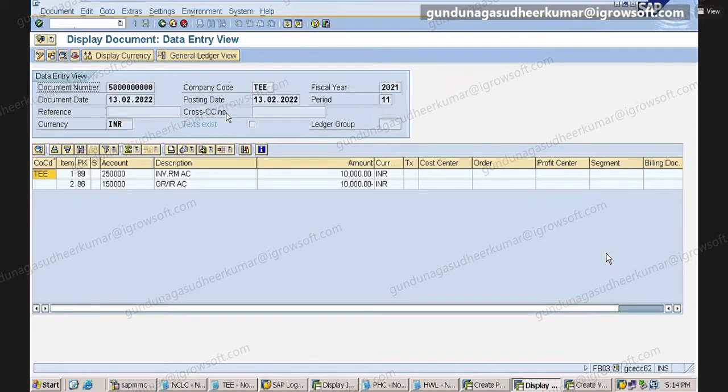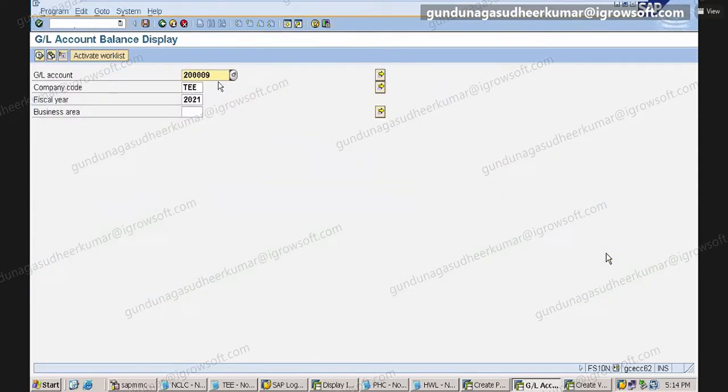Now who posted this? Automatic. Did the goods clerk post this? No, sir. You have only seen the MIGO screen. What details he will enter and post, you know. But as a result of what he is doing, these FI entries are getting posted automatically. If I look at my raw material account, how much balance will I have? 10,000.